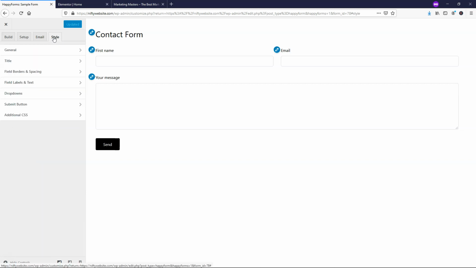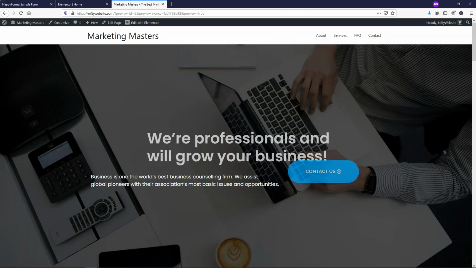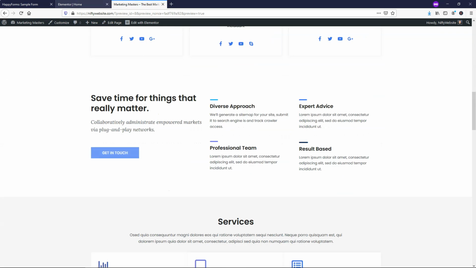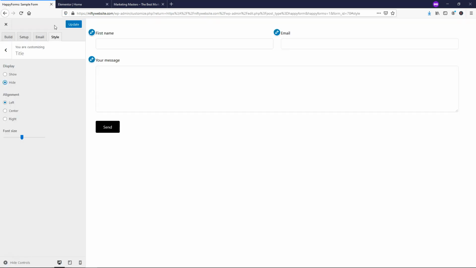And in this area, we have a few different options as well. So I'm going to go down to where it says title right here. And you can choose if you want to display or hide it. I'm going to hide the title from the form because I don't want it to actually show right here and say contact form when it already says contact us up here. So I'm going to hide the display title right here, and I'll hit this button to go back to the